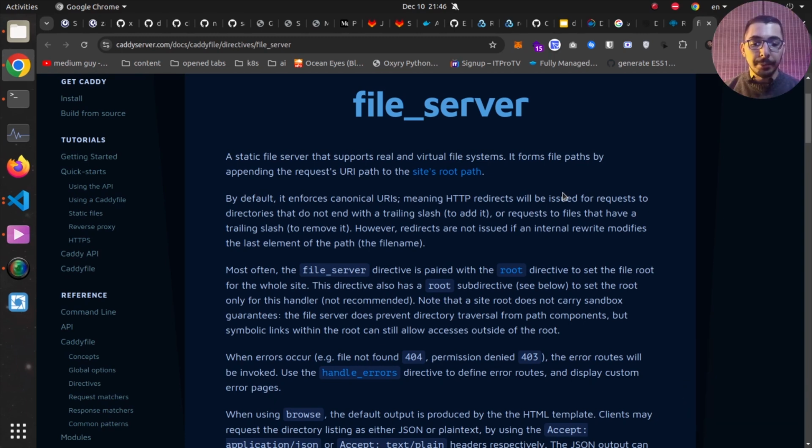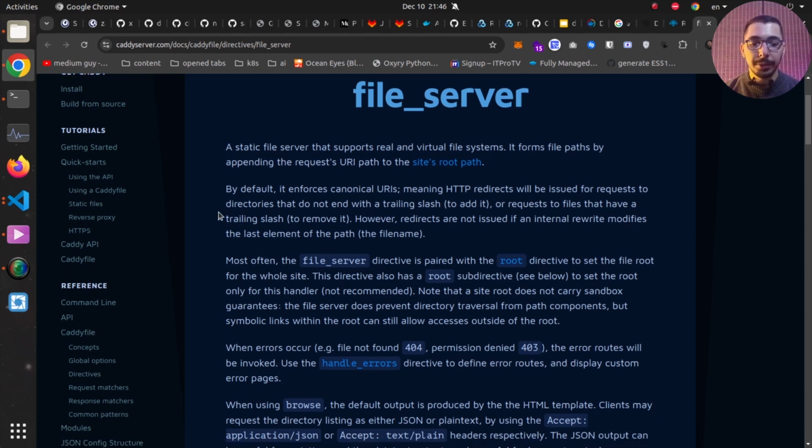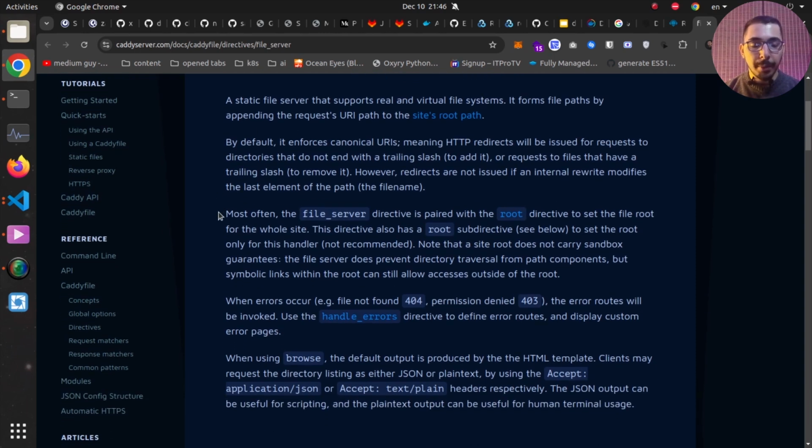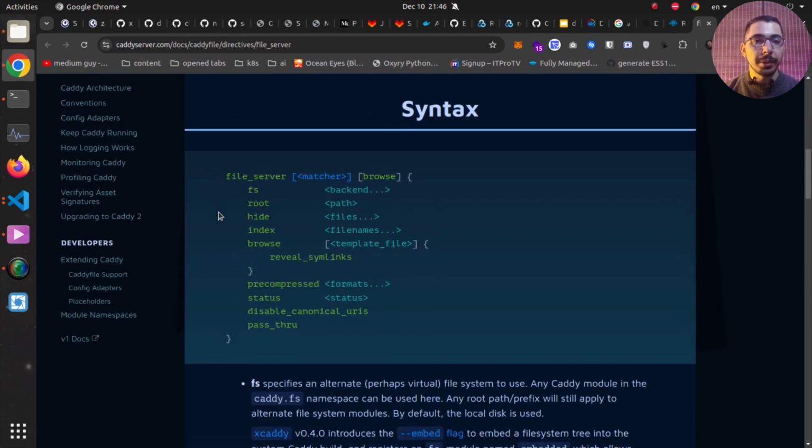So as you can see, I'm on the official documentation for the file server directive on the Caddy website, and right over here you can see some explanation about the different concepts and different features that this directive adds to the Caddy server. So I'll move down right over here. You can see the total syntax of how we can actually make use of this directive, and if you want to dive deeper into this, I recommend you read through these documentations, but I'll move to the VS Code